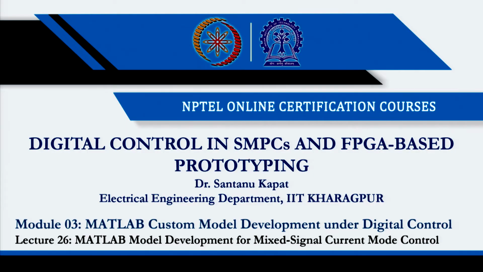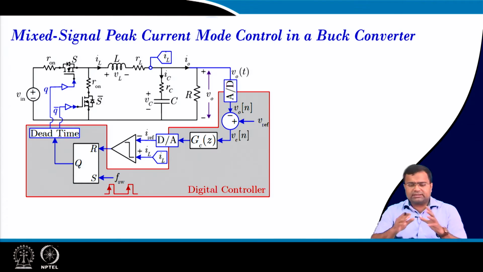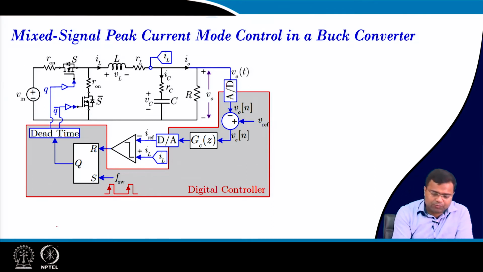Welcome. In this lecture we are going to talk about MATLAB model development for mixed signal current mode control. We will first talk about custom MATLAB model development and then we will take a few simulation case studies. This is the architecture that we discussed in detail in the previous week, and we are starting from this known mixed signal control architecture where the current loop is in analog and then you have a voltage loop